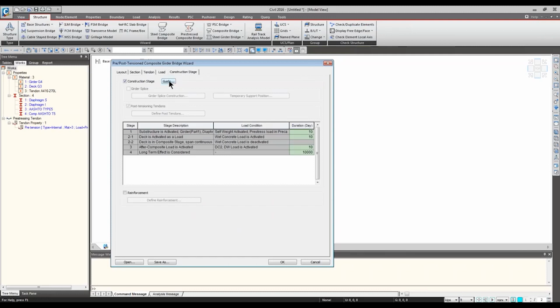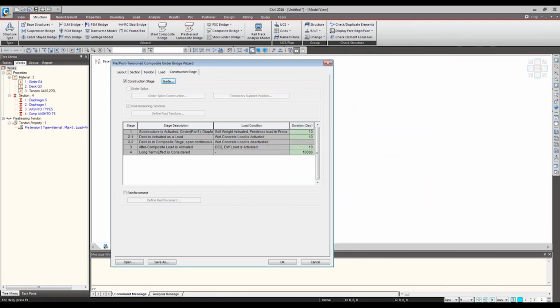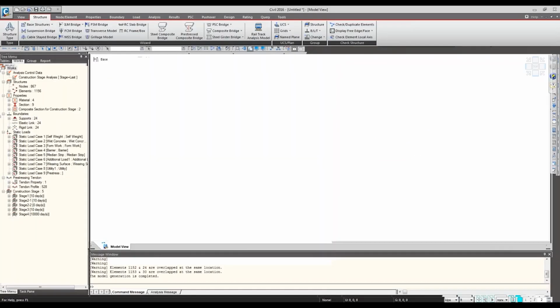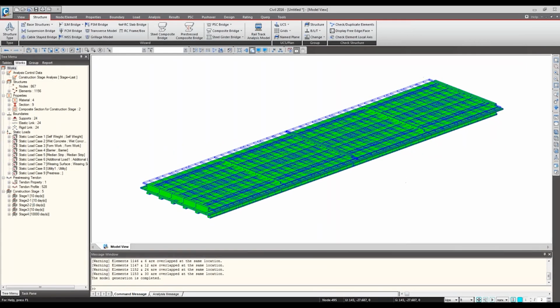Moving on, in the construction stage, it's relatively simple for the precast. So basically, this is a splice girder example. Let me first execute this wizard and come back to this. Oh, I haven't noticed, but I'm actually running out of time a little bit. So let me quickly pinpoint this portion.